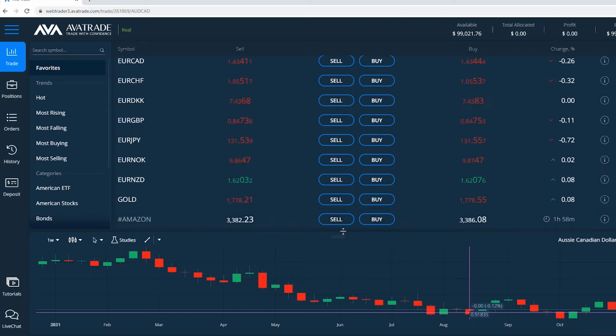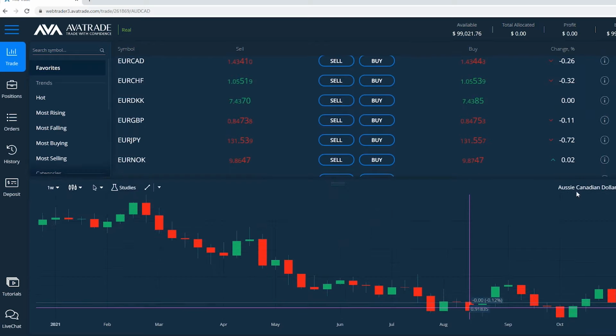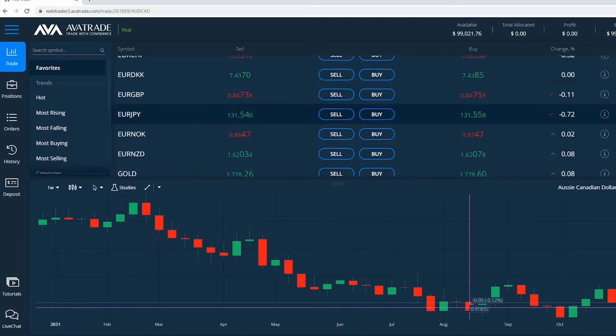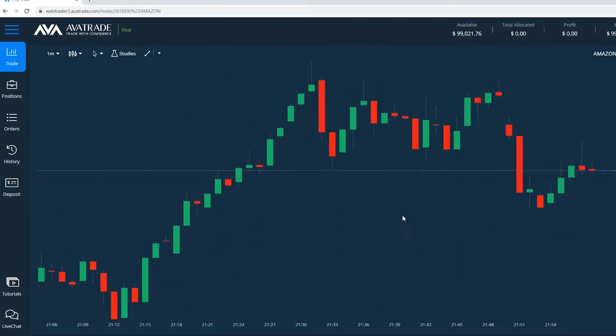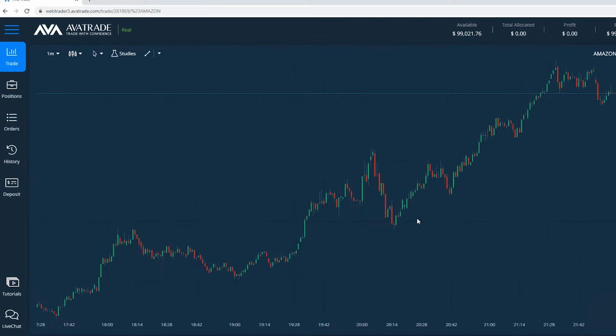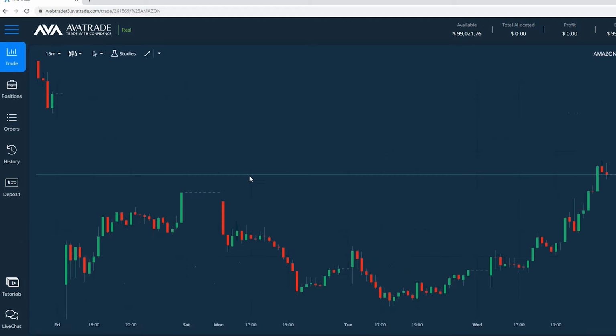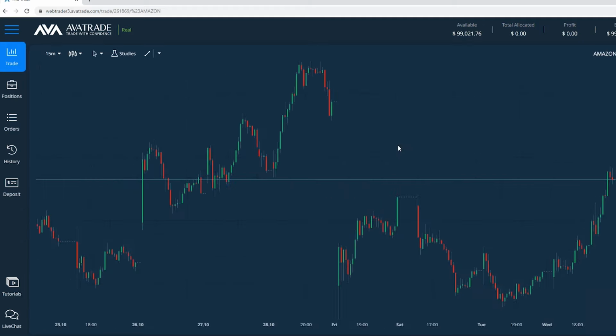Okay, here's the Amazon chart. I can either slide this up or just expand full screen. And actually, I have to click on Amazon again. There's the chart, and let me expand it. So here's Amazon, and this is 1 minute candles. We see an uptrend on the 1 minute candles yesterday, and then it kind of capped itself here. And at the end of the day, it was coming down slightly. Okay, so let's go maybe to 5 minute candles or 15 minute to get a better view of the time frames over time.